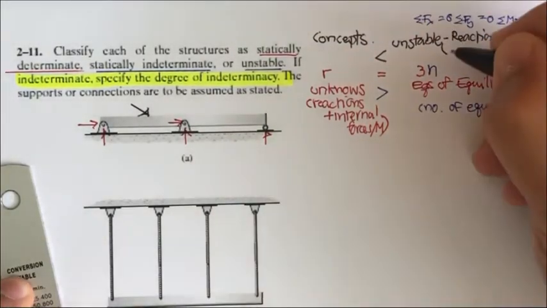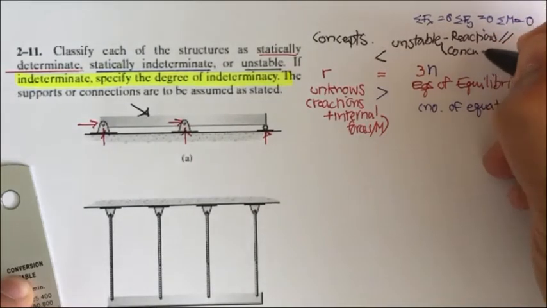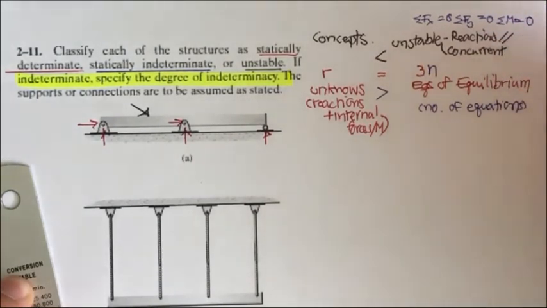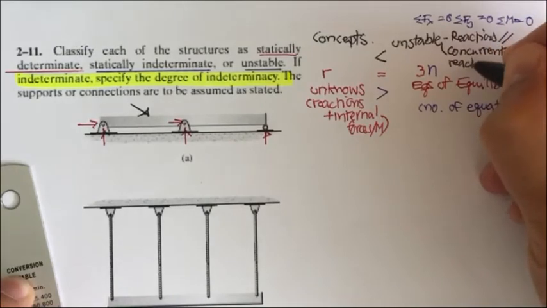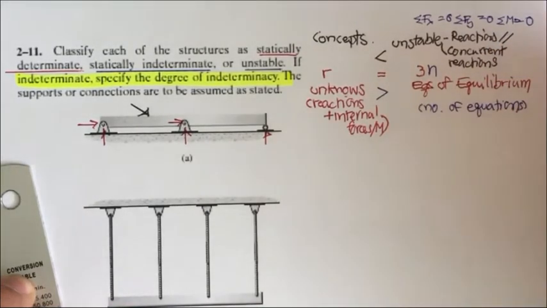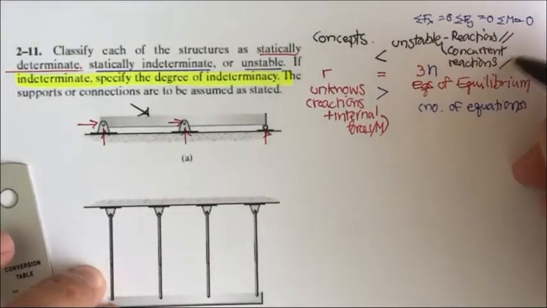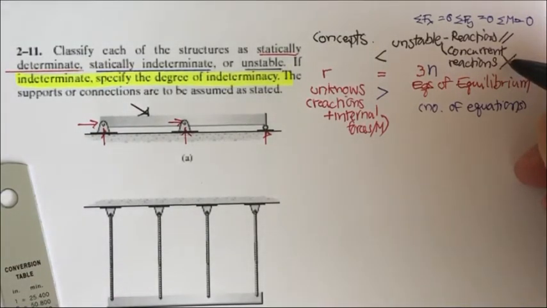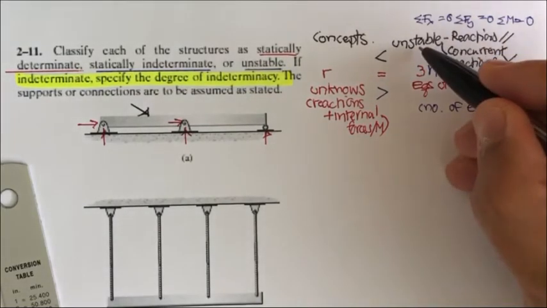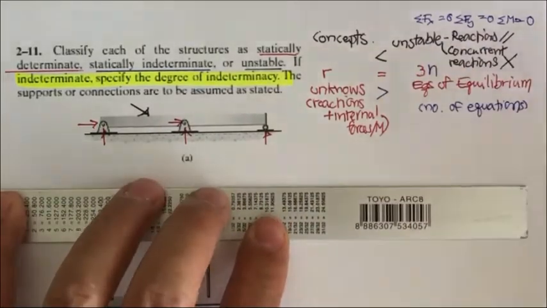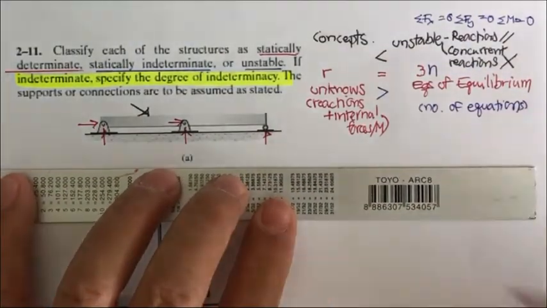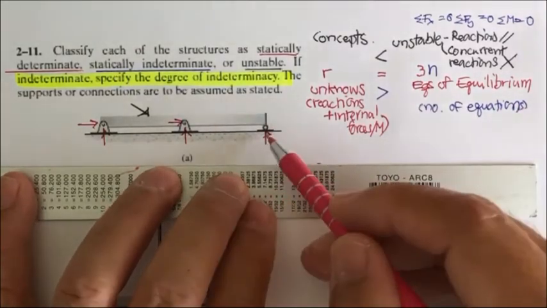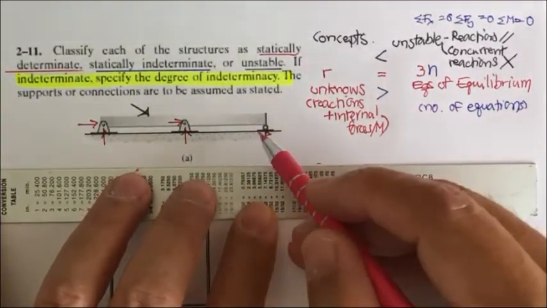Or another one is having concurrent reactions. Okay, the reactions cut at a point, so the summation of the moment is zero, making the structure unstable. Okay, by following this concept, if we come to our beam over here,